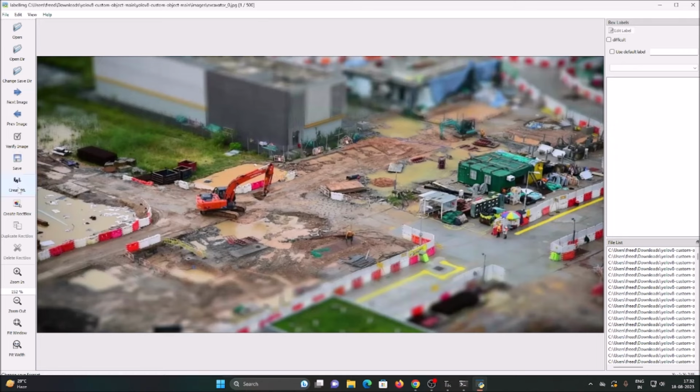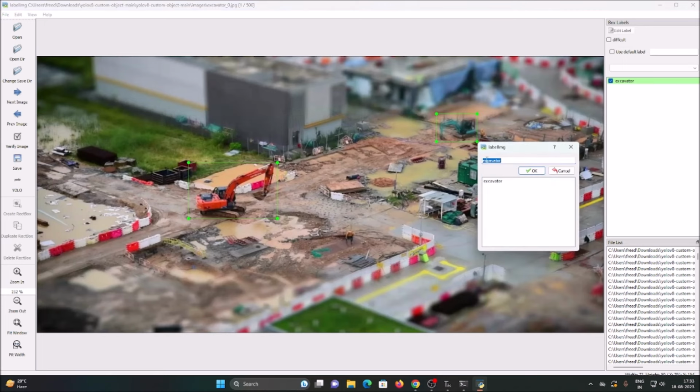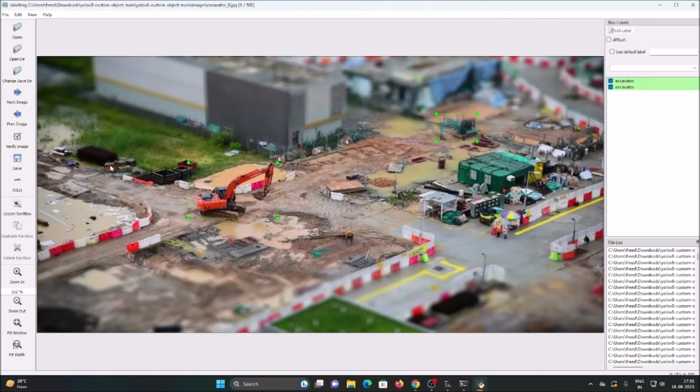Now here we want to select the YOLO and just create the rectangle box. So start from this excavator, select it and mention the class name, the label name, or we can say the class name, which is excavator for this scenario. Okay, we have done. So again create new rectangle box and select this one, excavator, click on OK and just save it. Next image, same way, create rectangle box,